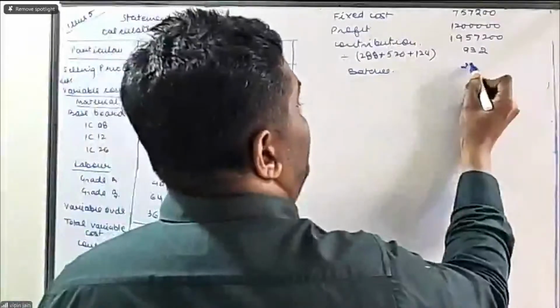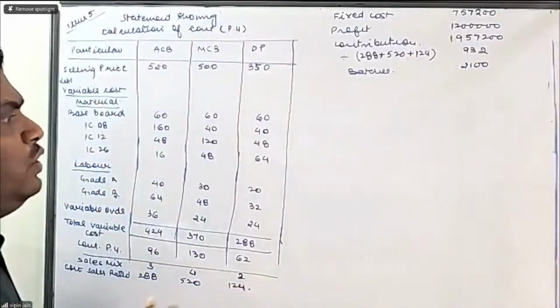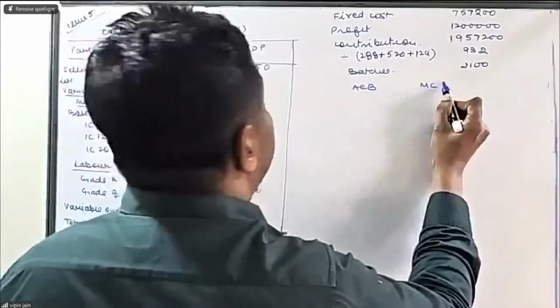That is 2100. So now if we multiply it by 3, 4, 2, we will get the sales quantity